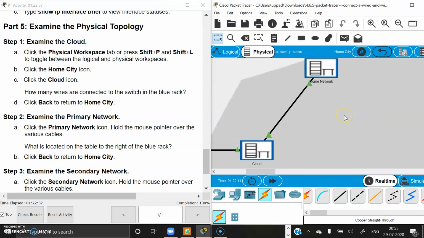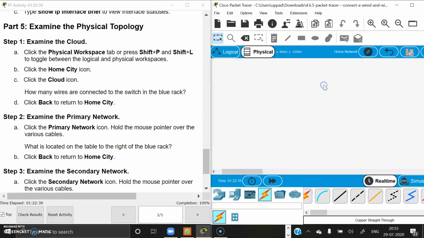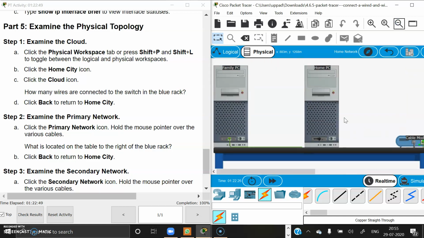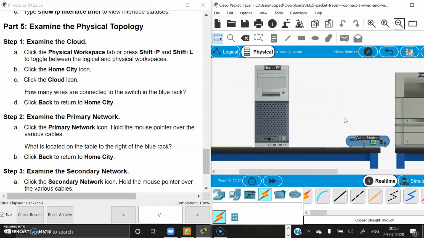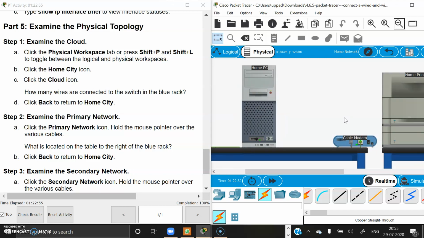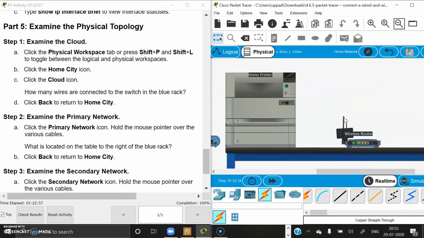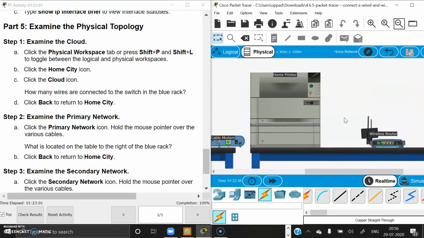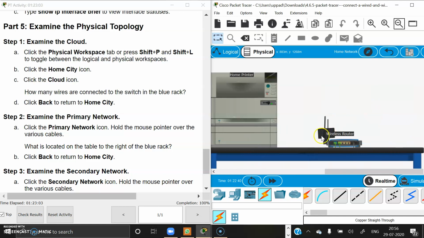And now the home network. Okay, so when we see here, this is the home network. Here we have a family PC, home PC, cable modem, home printer and wireless router. These 4 devices are connected to this wireless router.